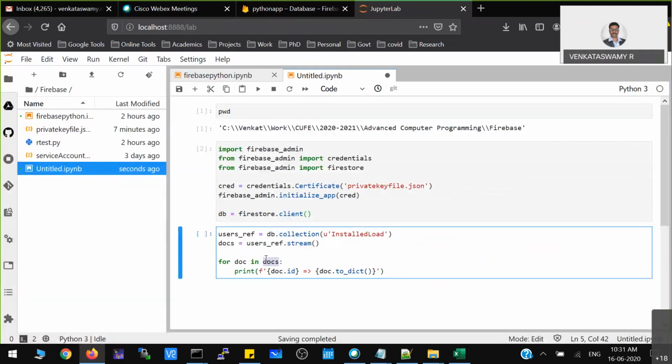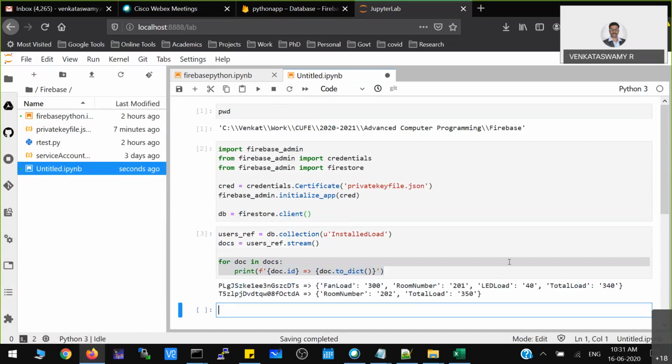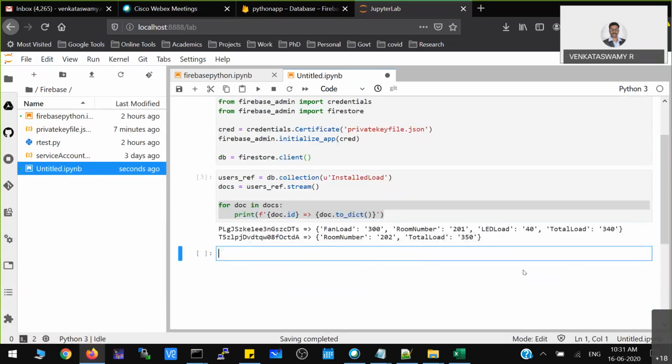Inside docs, how many records are there? Split the document into different records and display each. That is the meaning of this for loop. Once I run this code, you can see that the data is coming and displaying here.